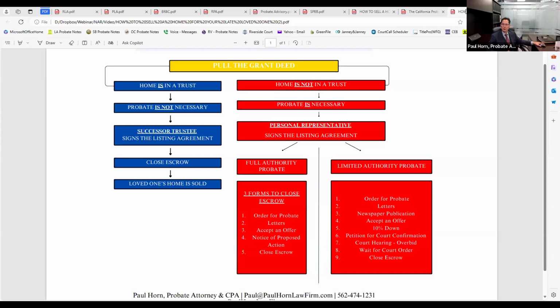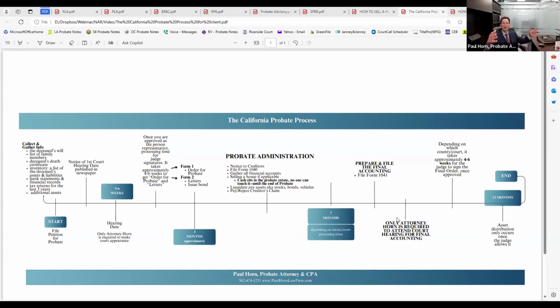Okay, so one more time, I want to remind you that in California these days, probate takes at least 1 year to complete, okay? But I want to let you know that even though the probate has not been completed yet, you're able to close this probate escrow transaction in about 3 months.